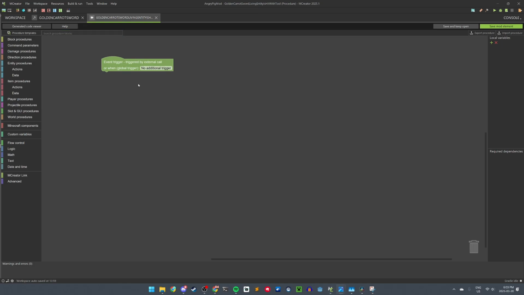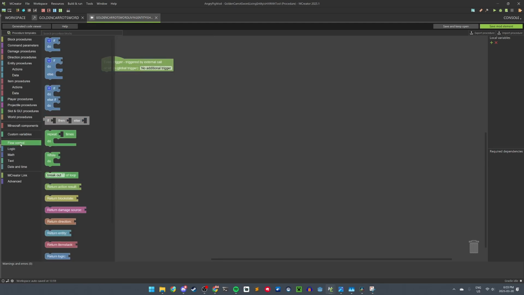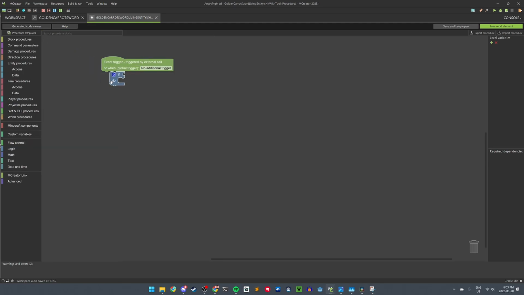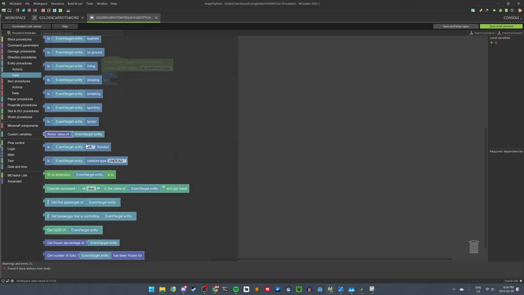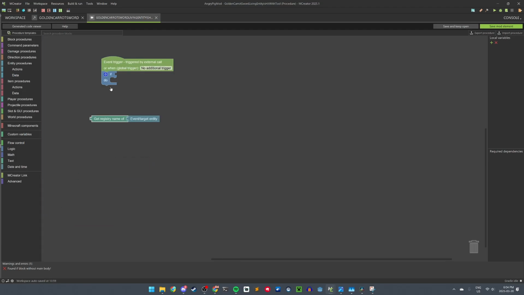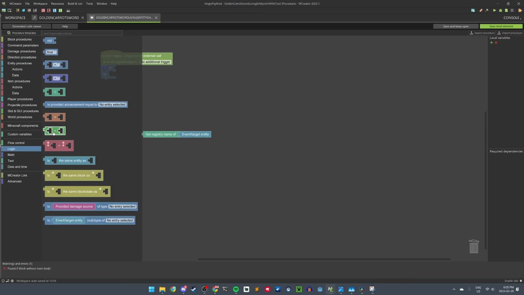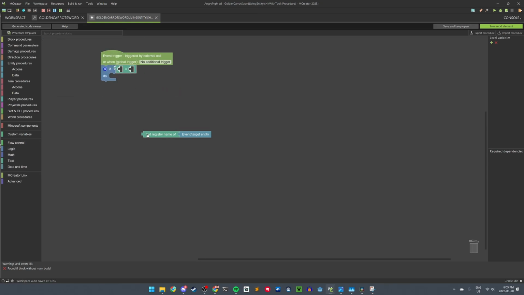For our procedure, we want the pig to be defeated in 1 hit. We're going to add an if statement, which you can find in the flow control tab. And then check if the enemy is a pig, kill it. So we're going into the entity data tab, and we're going to get the registry name of the entity. So we're going to use logic, and we are going to say if get registry name of the target that